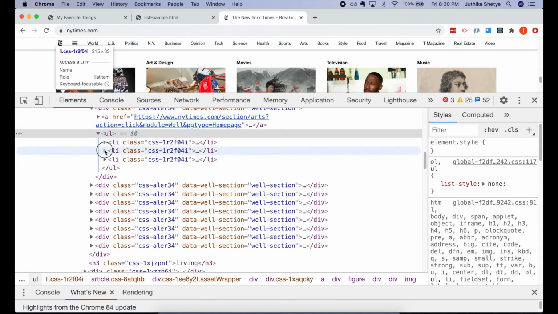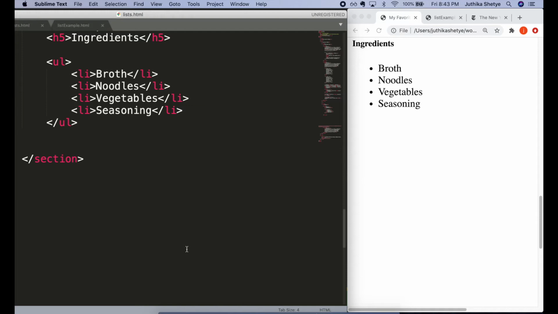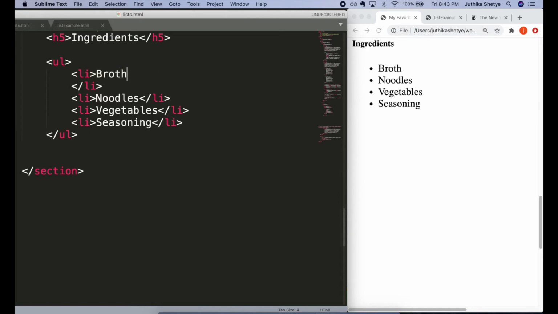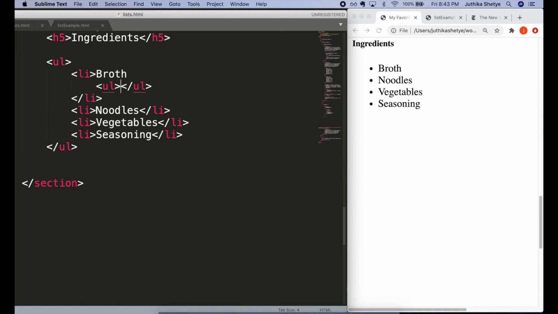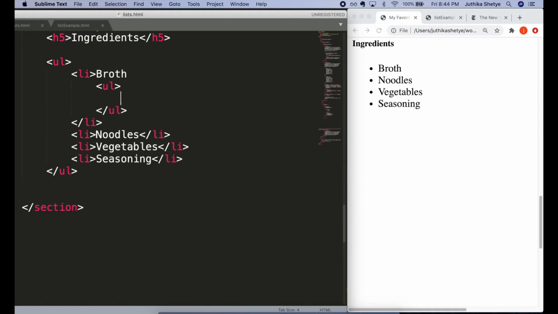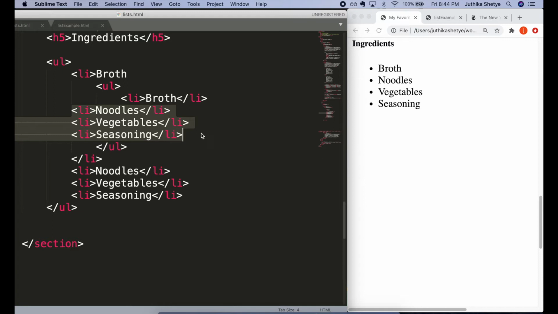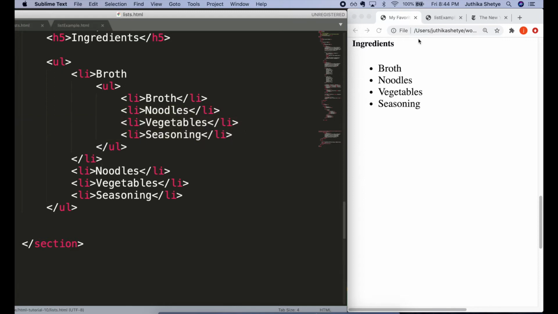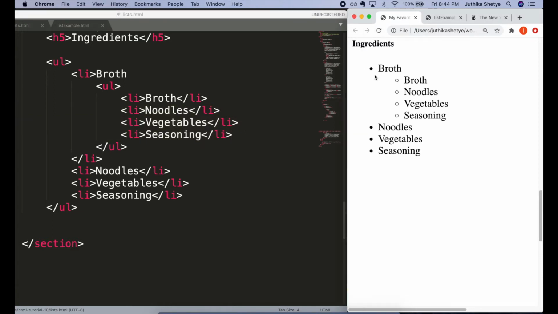Another thing to note here is that you can even create deeply nested unordered lists. That means you can have multiple unordered lists inside an existing list. To build this nesting, you would first pick a li element in which you want to create another list and create a UL element inside it, and then further create as many li elements inside this UL element. Just make sure that you are putting the opening and closing UL and li tags at the right places.